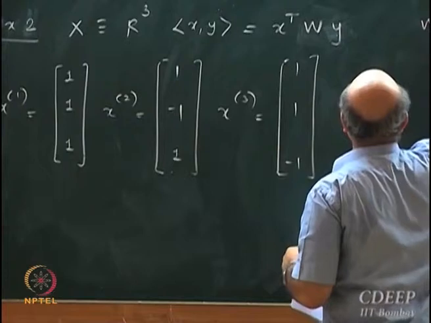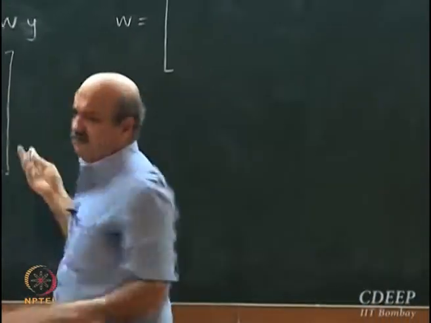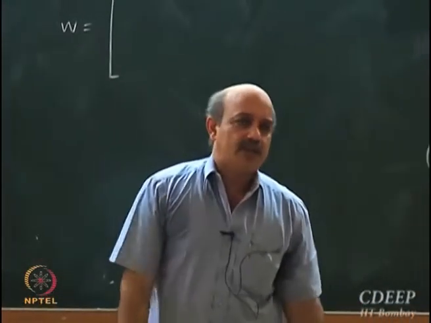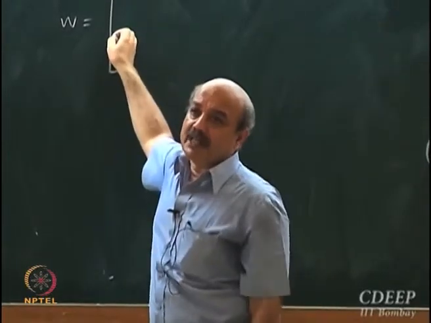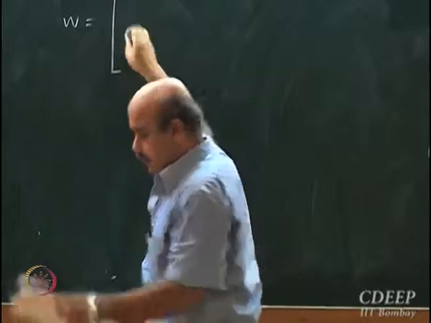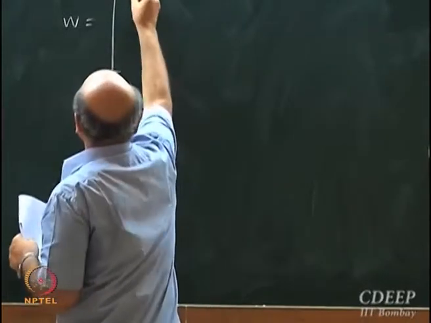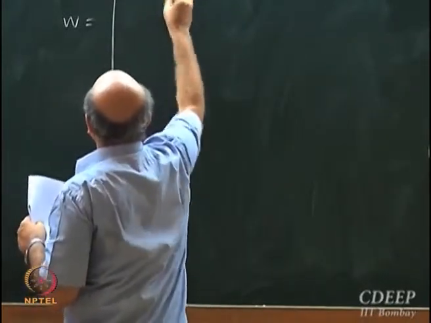I'm going to pick up this matrix W. Well, there are many ways you can pick up a symmetric positive definite matrix. Take a matrix which is simply diagonal elements which are positive. Okay, so that is one way. I'm going to pick this matrix 2, minus 1, 1.